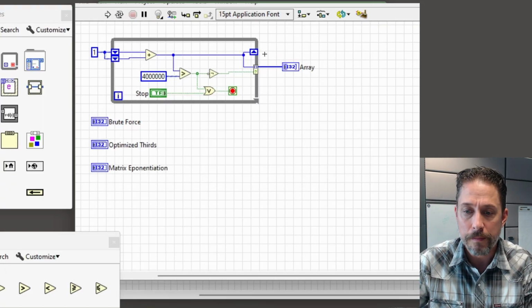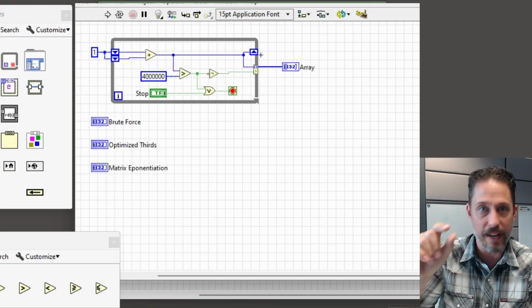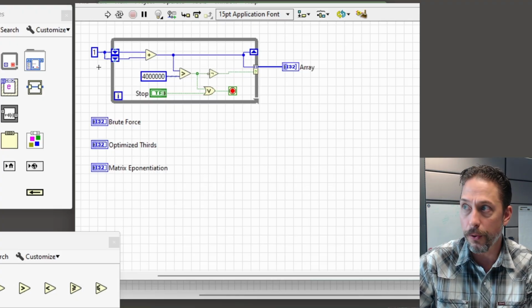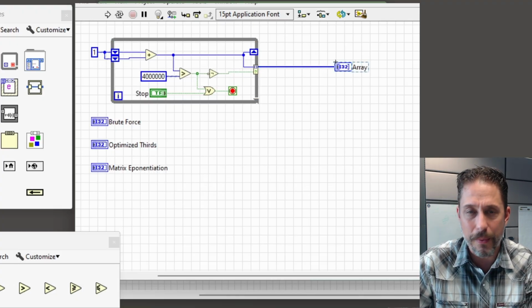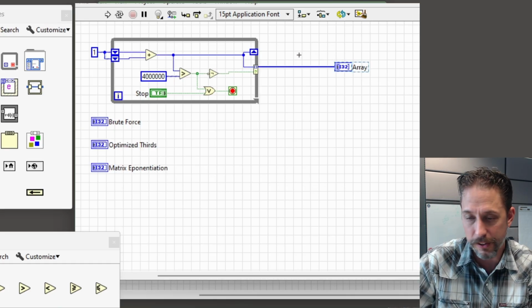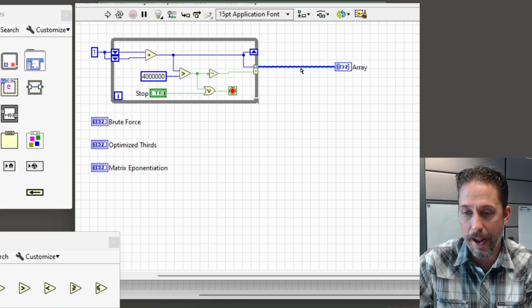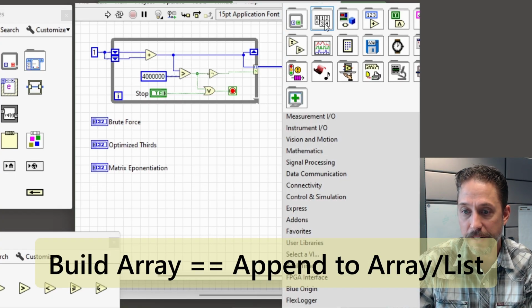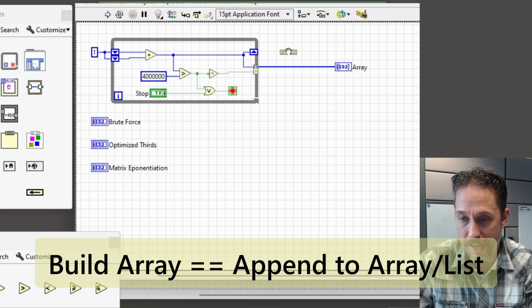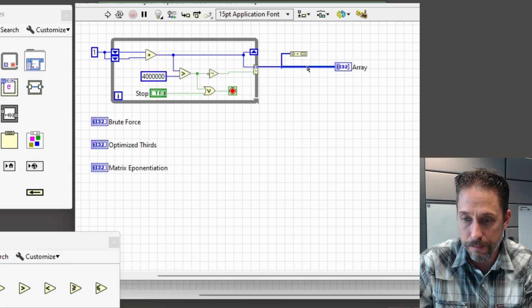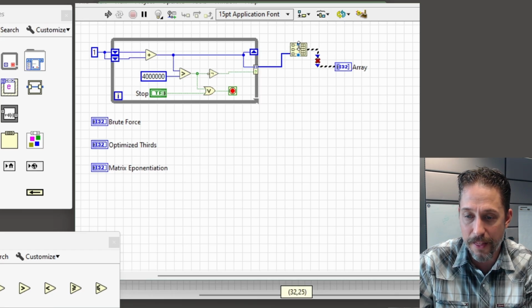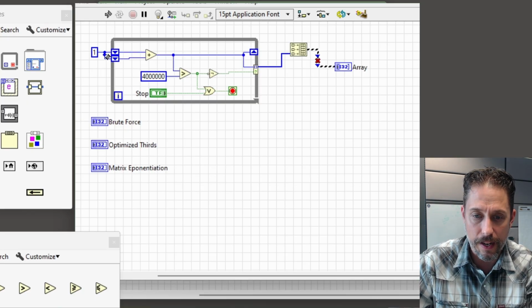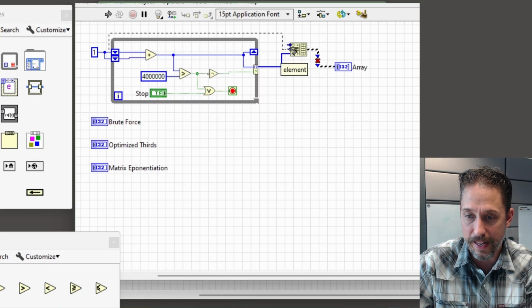But really, we want to keep in mind, we want to start at that 1 and 1 up front, or even the 0 and, no, it needs to be 1 and 1. And so what I want to do is add those first 2 elements in there for kind of a good reason. There's a couple different fun things we're going to do. So I'm going to add those elements into the array with build array. Actually, let's add it manually from the array palette. I go here to build array, put it in there, and now I'm going to wire that in. I'm going to delete that wire, and insert it manually in line there. But what I'm going to do is add that element 1 up front. And the reason that I want to do this is, well, really for a couple, actually I'll add both of them in there like they're 2 separate elements,